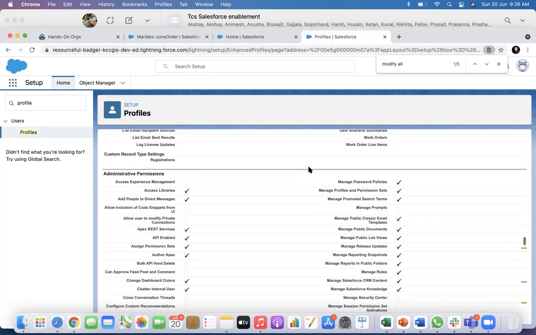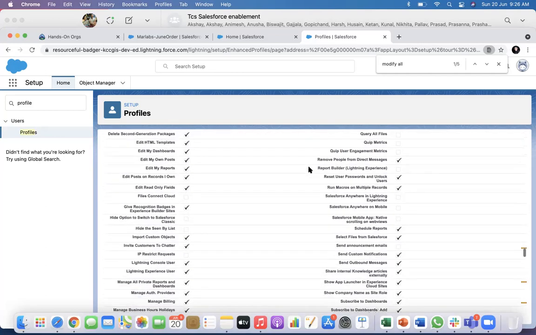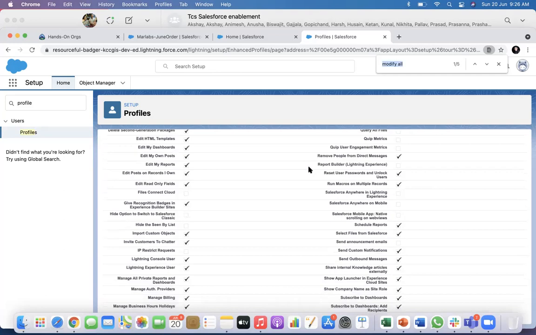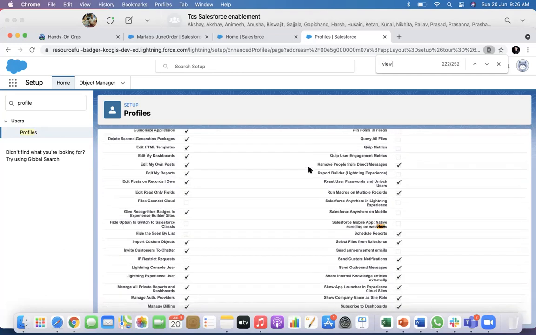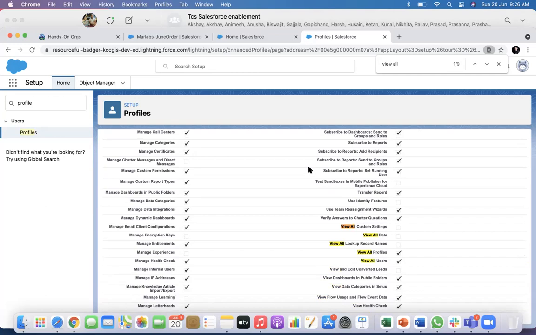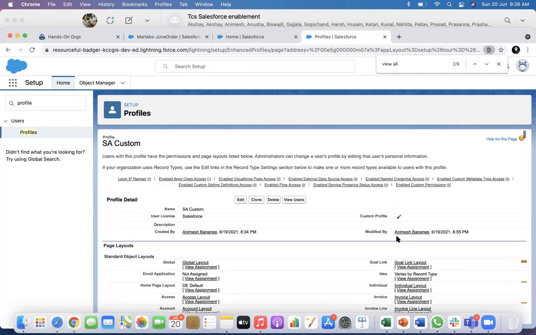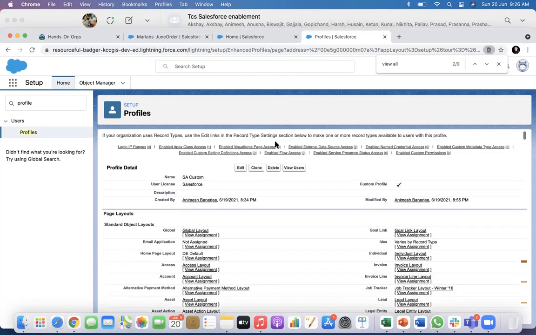Even the view all will be unchecked. I will show you that. It is a dependency, okay? It's like a quick way, just like select all is there. You see, view all is also taken out because from one object I have removed that permission. So it is no longer a view all and modify all permission, isn't it? So it automatically works similar to that, like a select all thing.